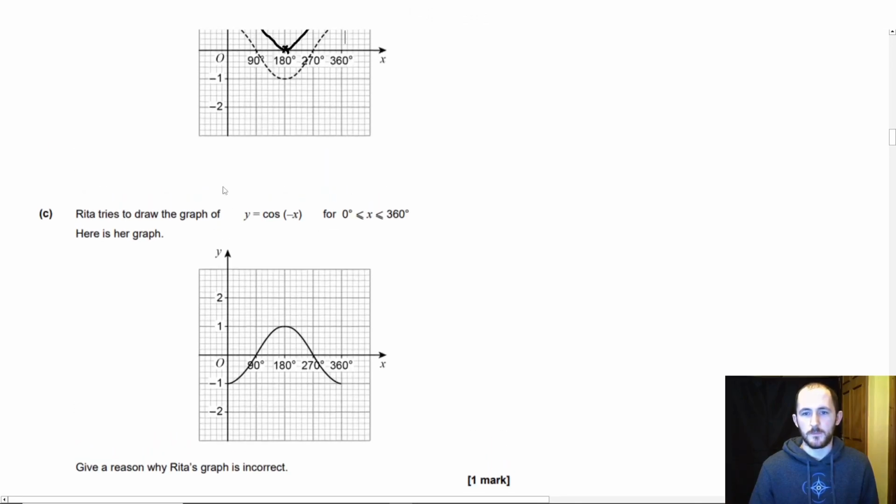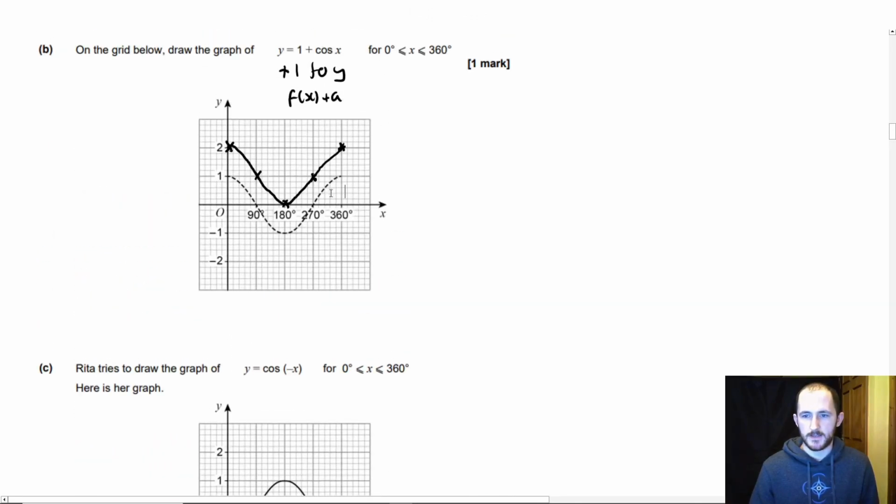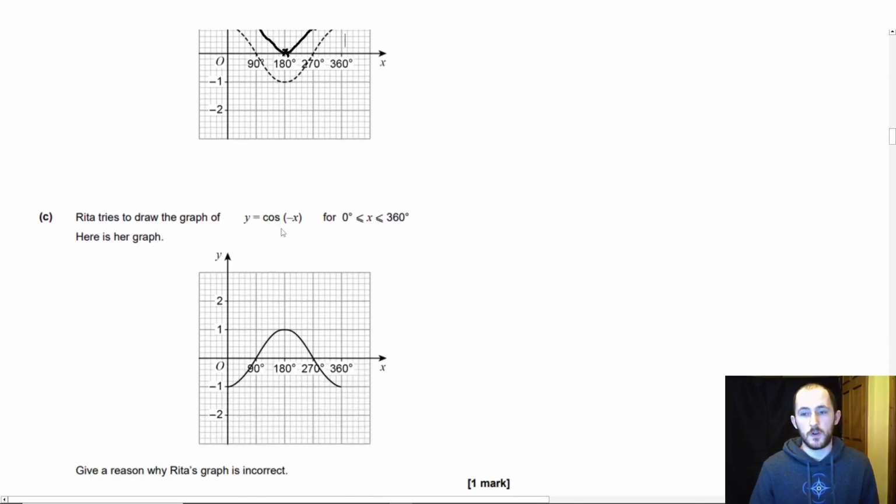Okay, so, here's the graph of cos x. She tries to draw y equals cos minus x, and she gives this. And we have to give a reason why it's incorrect. This is a bit funky. Good. Y equals cos of minus x. So if we're timesing x by minus 1, since it's the opposite, we're dividing by minus 1, but can you see it's the same thing, right? So all we're doing is we're flipping the sign